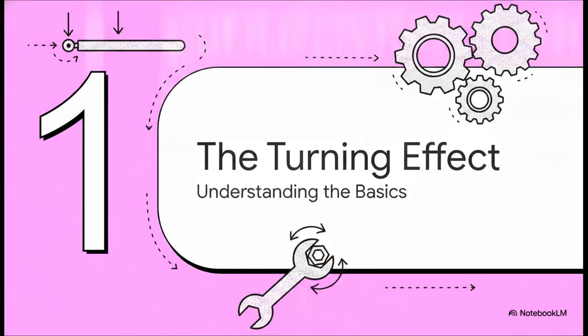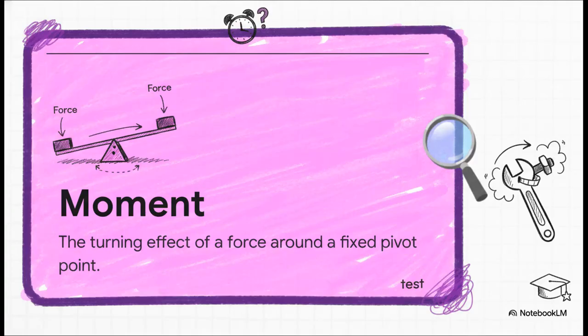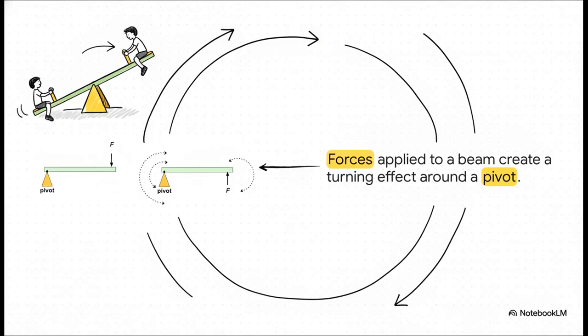Section 1. The turning effect. Understanding the basics. Let's dive right in. Right out of the gate, we've got to anchor our core concept. A moment in physics isn't a brief period of time. It's officially defined as the turning effect of a force around a fixed pivot point. You're definitely going to want to lock that into your memory because it's almost guaranteed to be a straightforward definition question on your test. Basically, applying a simple, straight force to an object causes it to rotate around its foundational